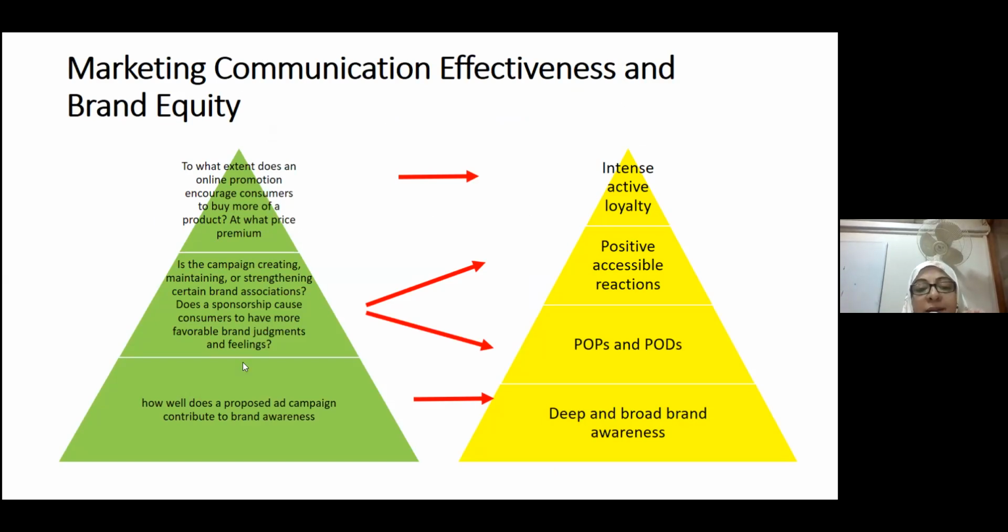तो how well does a proposed ad campaign contribute to brand awareness? ये मैंने आपको एक्सप्लेन किया था कि ब्रांड पिरामिड का बेस बिल्डअप करता है जिसमें आपकी सैलियंस, आपकी अवेयरनेस ब्रांड की बिल्ड हो रही होती है। Then is the campaign creating, maintaining and strengthening certain brand associations, which means points of parity and points of differentiation, and is it leading towards favorable brand judgments and feelings? जब आप इस स्टेज पर इस ऑब्जेक्टिव के साथ मार्केटिंग कर रहे होते हैं, तो ये आपके सेकंड और थर्ड लेवल ऑफ ब्रांड पिरामिड को अफेक्ट कर रहा होता है।